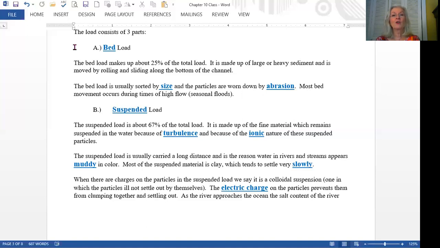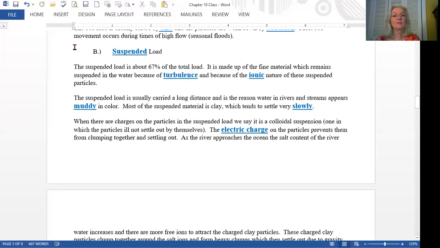Normally, bed load only moves if you've got seasonal floods that give you really high, fast-moving water. In normal times, the bed load just stays where it is. The suspended load is the part that we said stays in the water because the water is agitated. It is moving downhill and fast. And so it's this natural turbulence that keeps the water stirred up and makes the suspended load part of the